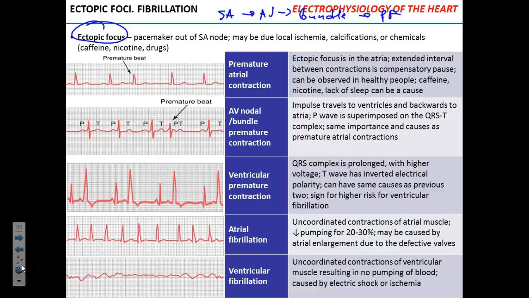When you have pacemakers somewhere else, it can initiate an extra beat, like this one. So you see the distance between the beats is vastly different from the distance between all other ones. Okay, so instead of doing this, it drops the beat in the center, in between. Does that make sense? Pretty much, it can happen in the atria, okay?